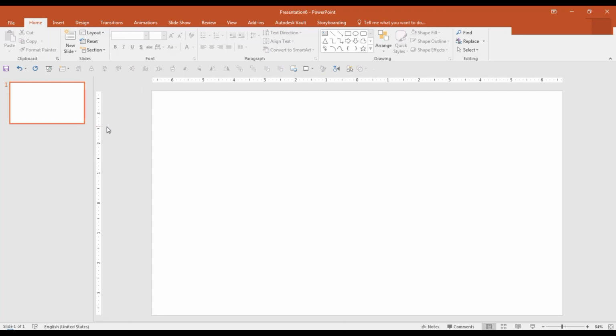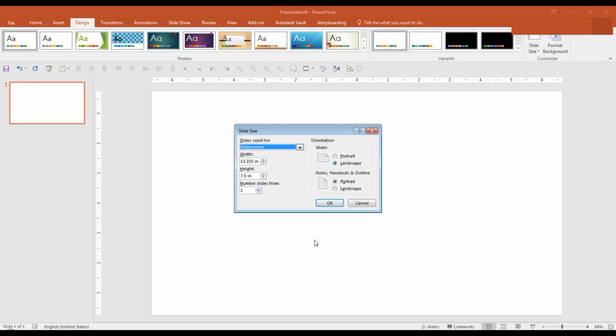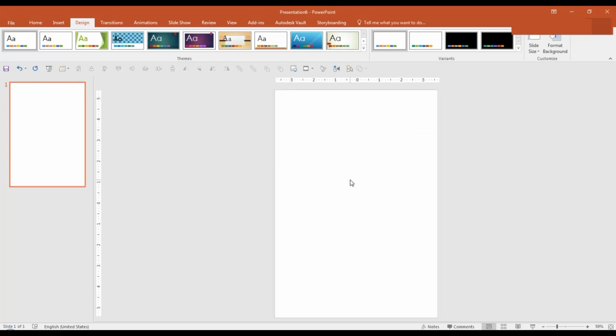The resume has to be the size of an A4 sheet, so we need to resize it to A4, and the orientation has to be portrait. Head on to the Design tab, Slide Size, Custom Slide Size, choose A4 paper and the portrait orientation. Click OK and make sure it's applied. Okay, the slide has been resized. Next,